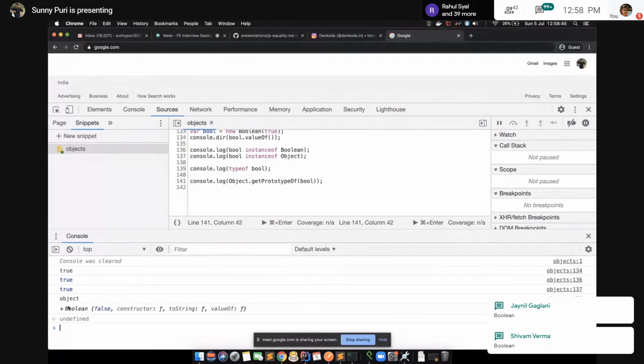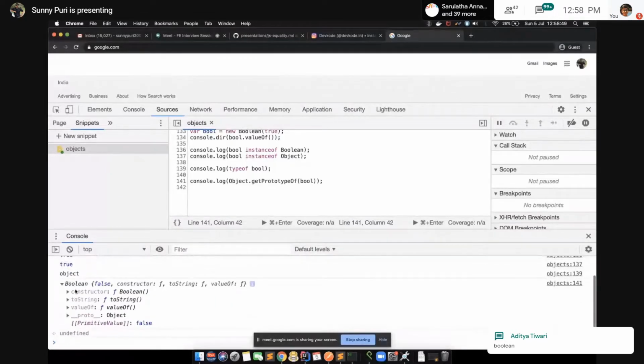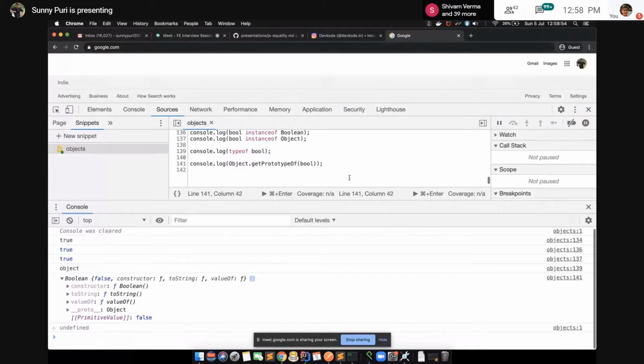Boolean, right? We are getting Boolean. What exactly is Boolean? I'm saying, tell me the parent prototype of this object, and it is saying it is inheriting the Boolean class. So this is one of the ways.